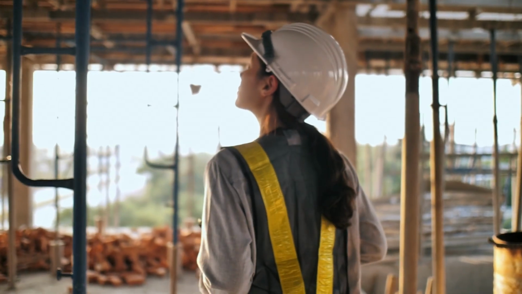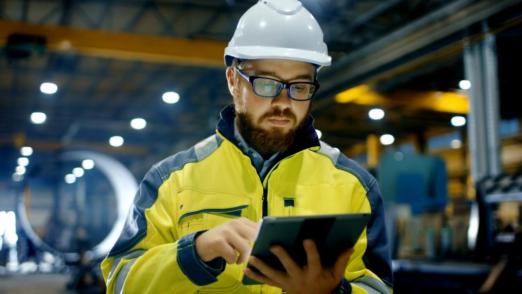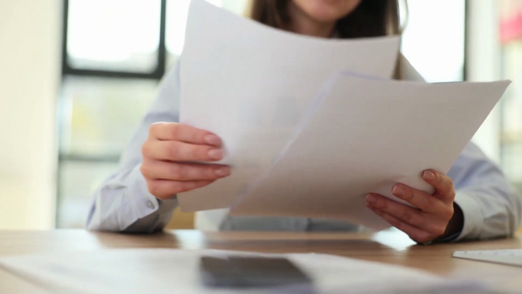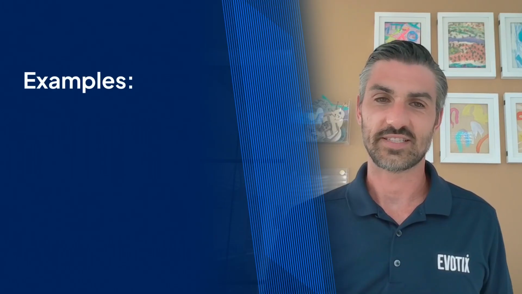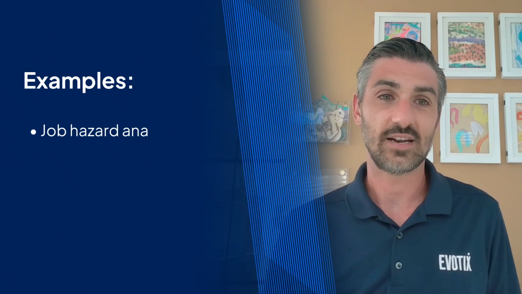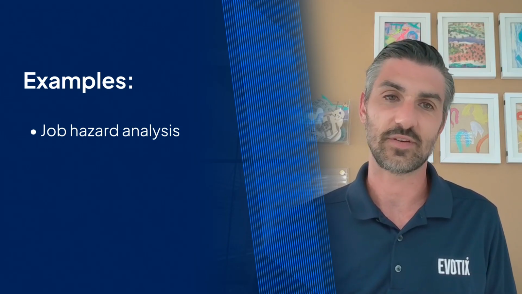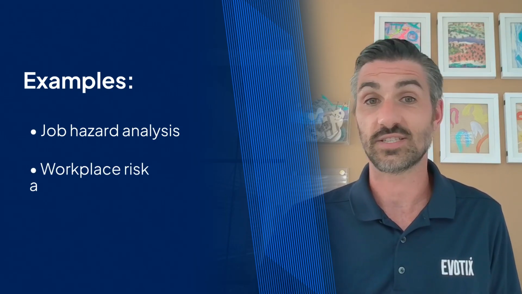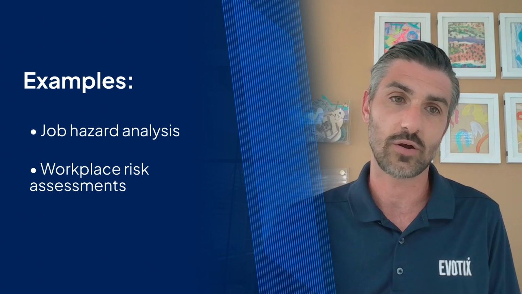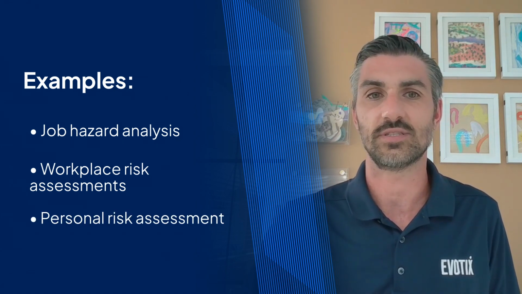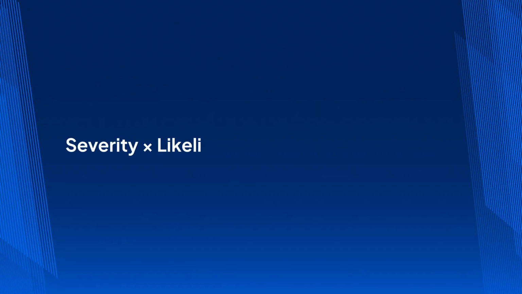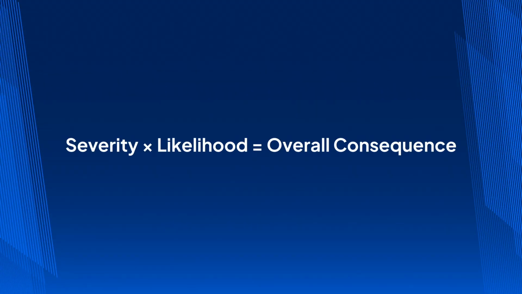A qualitative risk assessment relies on judgment, experience, observation, and feedback to rate a risk severity. There are many examples of qualitative risk assessments, including a job hazard analysis for task-specific risks, workplace risk assessments for a hazard-based approach, and personal risk assessments like a Take 5 questionnaire. These assessments commonly follow a simple formula: severity of risk times the likelihood of the risk to get to the